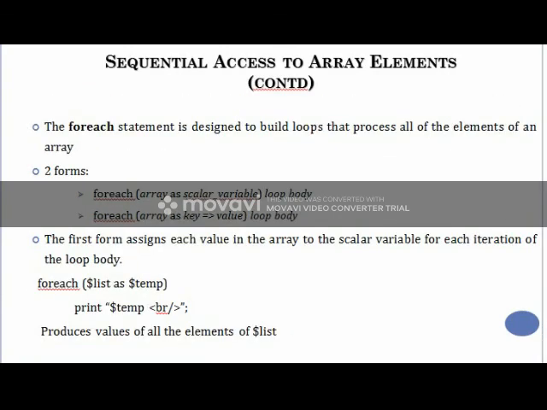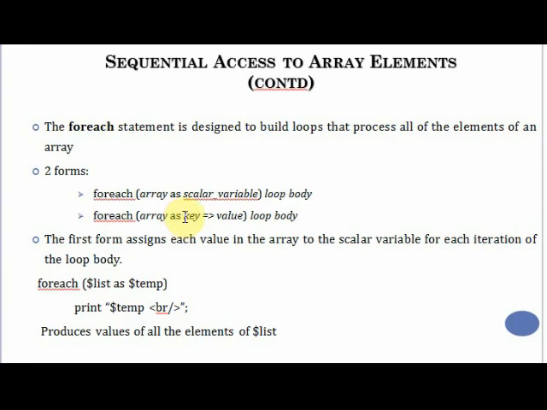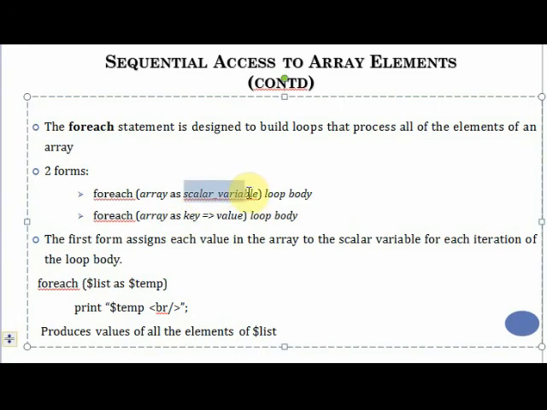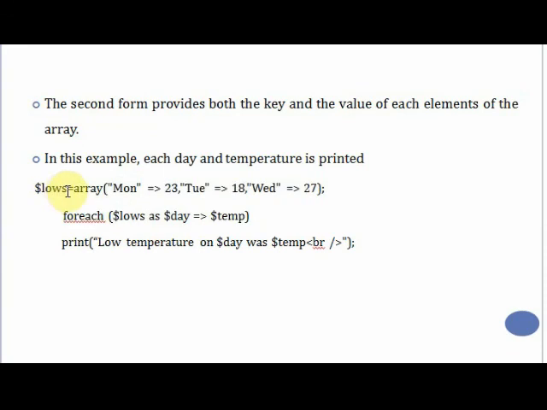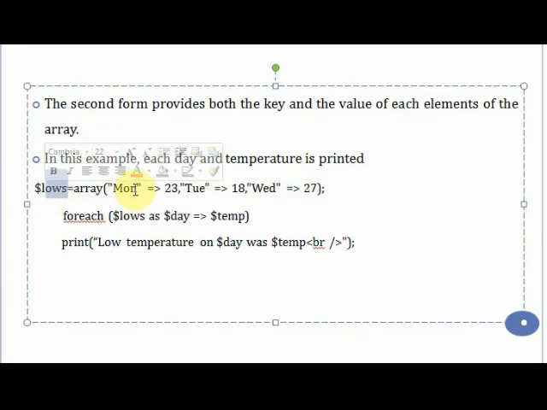Next you have the next form. So what is the next form? In the first form you just have a scalar variable. In the next form you have the combination of key as well as value. The second form provides both the key and value of each element of the array. Just see one more example here. You have an array whose name is lows. In that you have MON as 20, TUE as 18, WED as